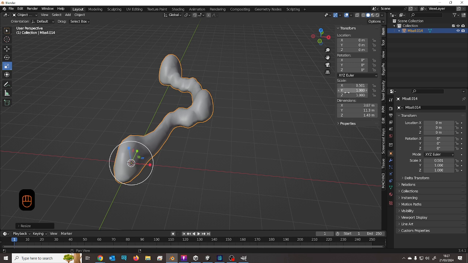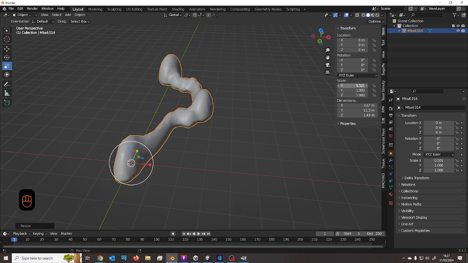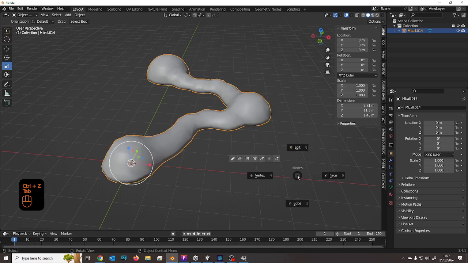And ideally, when we bring everything into Unity, we want the scale to be uniform. So usually what I'll do after I've done that is I'll either hit Control and A and apply the scale, which will set everything to a scale of 1, or I'll edit it in